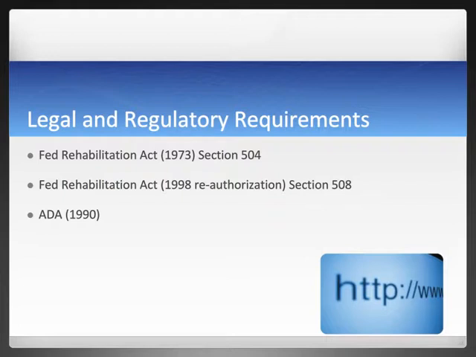The ADA predates the World Wide Web. It was signed into law in 1990, and just now is being revisited with an eye towards specific language around internet technologies. The Federal Rehab Act, Section 508 of the Federal Rehab Act, has more detail around internet and internet technologies. Again, we'll cover this a little bit down the road, but the applicability of Section 508